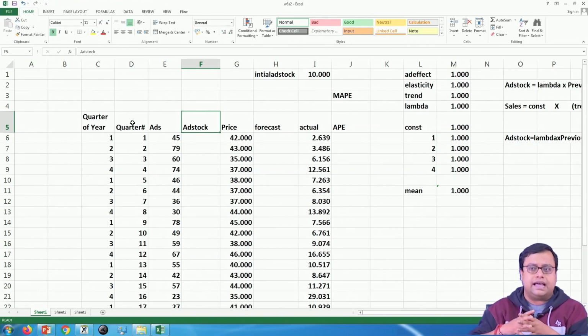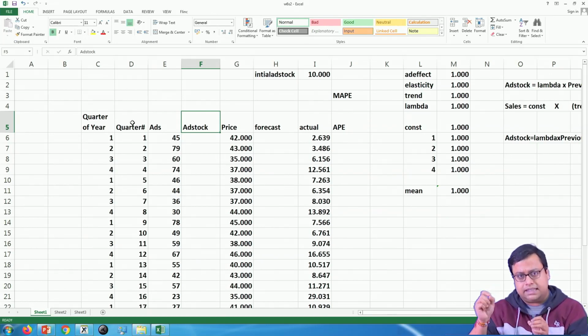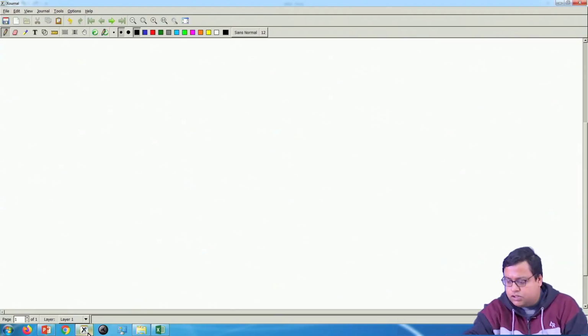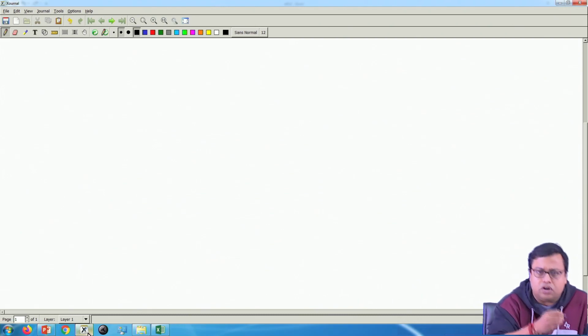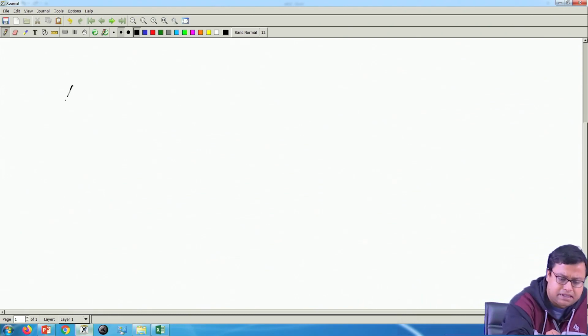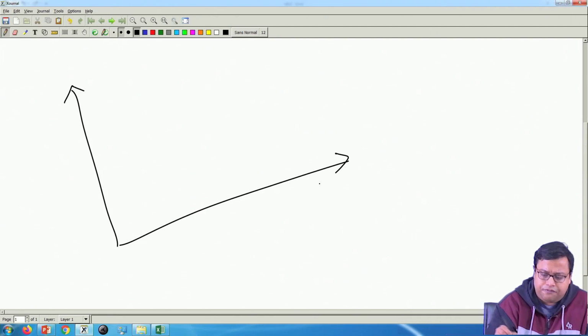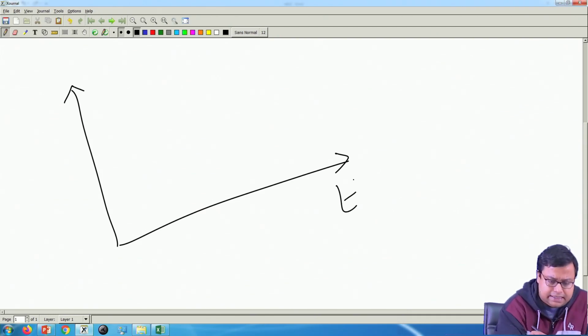Now I have to decide what kind of advertisement model to use. If you remember, the first thing we decide is how sales depends on the price and the advertisement that we have done. Advertisement is often assumed to behave like this: we do not keep on giving advertisements continuously. If this is the time period and this is the effect of an ad,